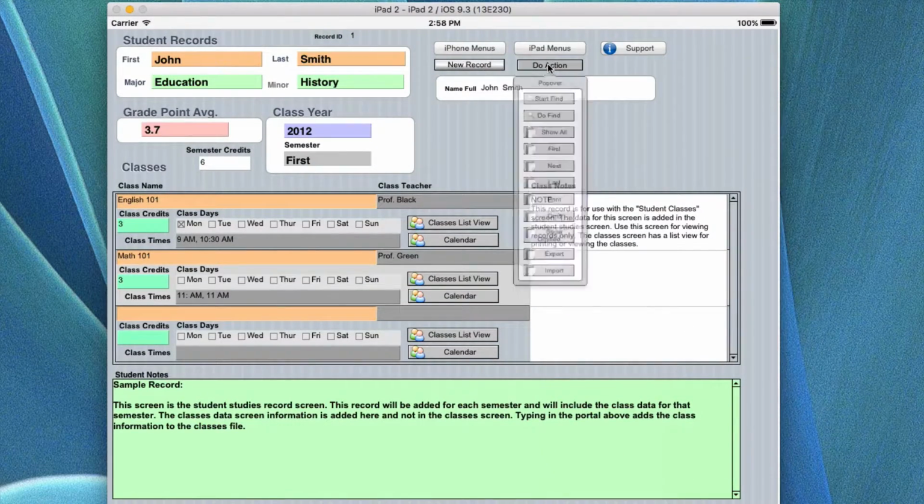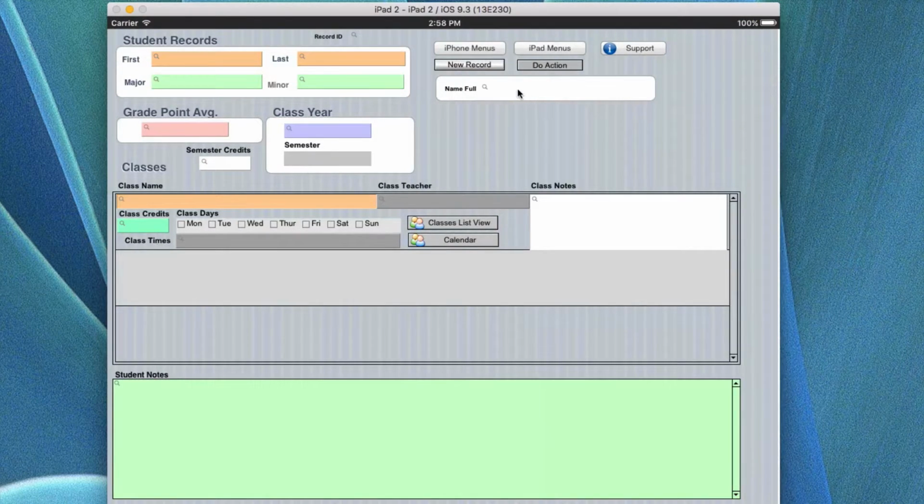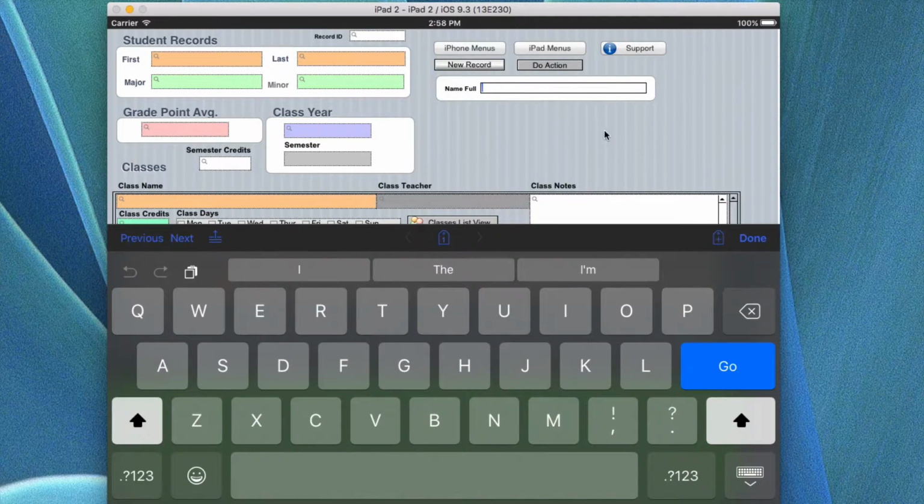You come up here, you click this, and this particular drop down, a little pop over, is where you do a start find. If you click start find, it's going to start a record where you can go in and find information. And what I'm going to do is put my name in, not my last name. I'm going to put it over here. Let's say